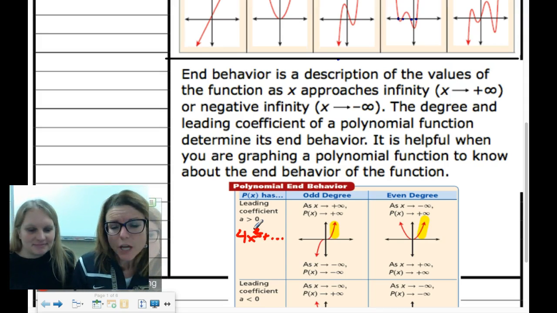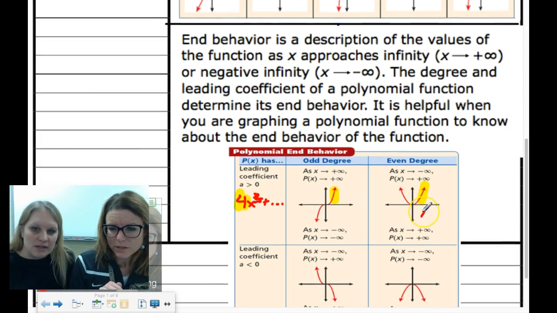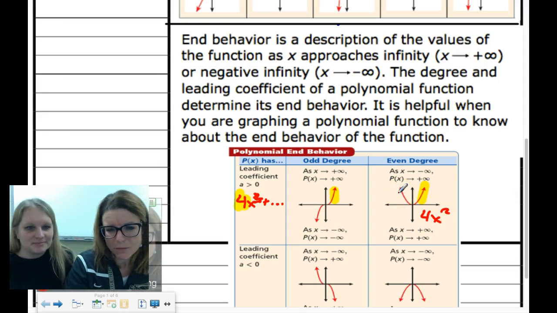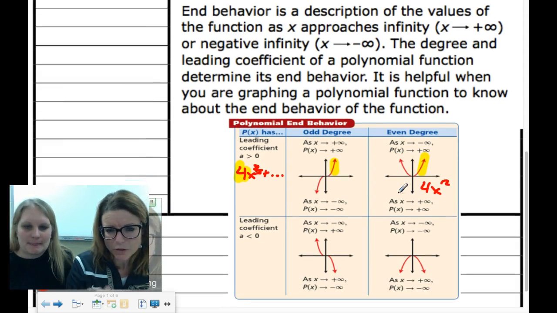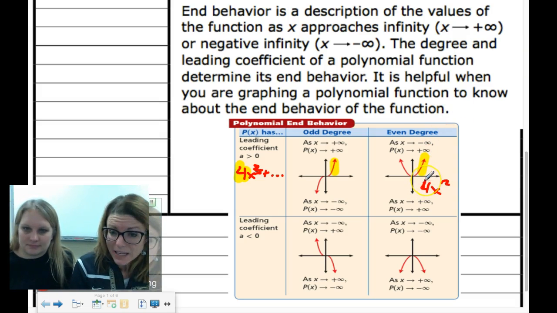The point of the matter is, notice the part of the graph that Miss Boyd highlighted. The arrow goes up and to the right. That is because the leading coefficient is positive, on both of them. Now, this one would be like the 4x squared. We're making up these numbers, it's nothing special, just examples. Now, if the leading coefficient is negative, like below,